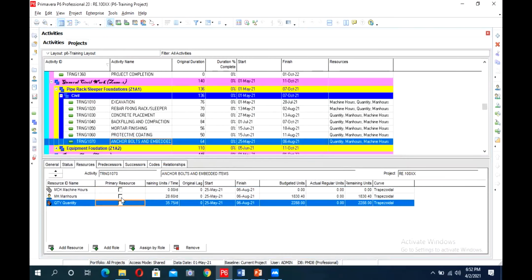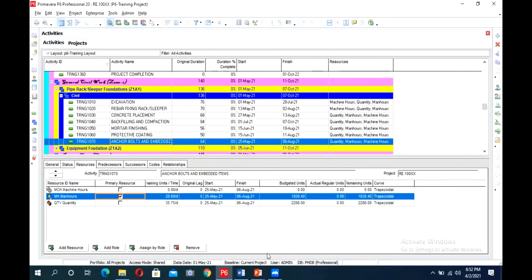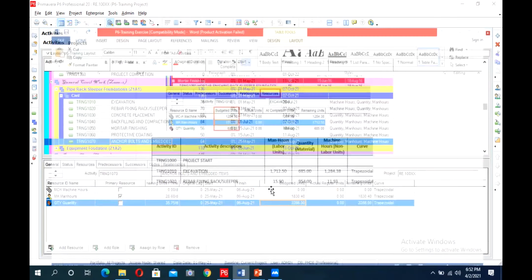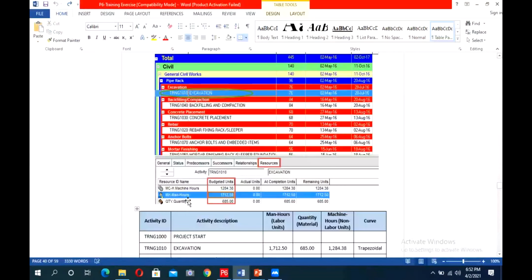And I have another question. What do these budgeted units in quantity mean? Like if you have an excavation activity, does that mean that you have excavated this many cubic meters of material? In quantity, yes, it's BOQ basically. Okay. It's your BOQ. Let me confirm from the exercise what we have defined in the exercise.